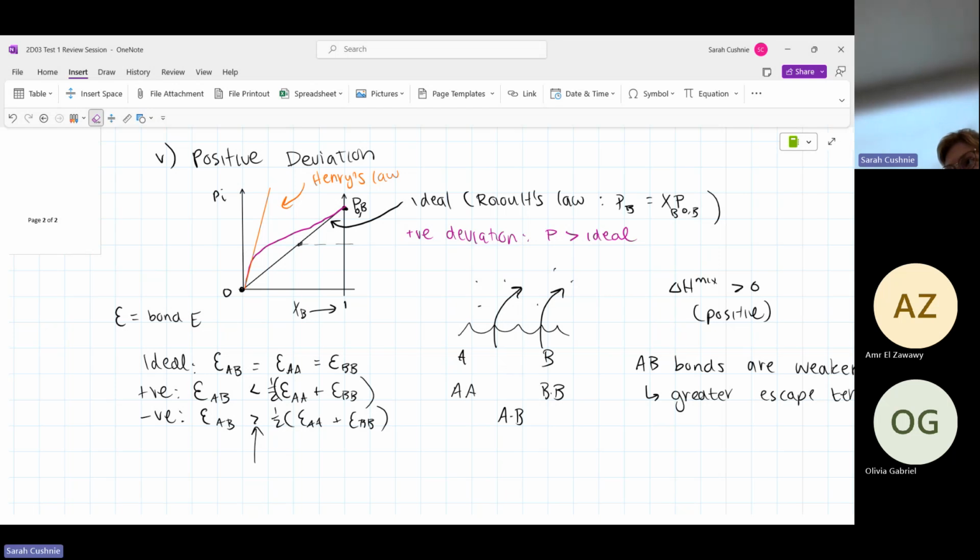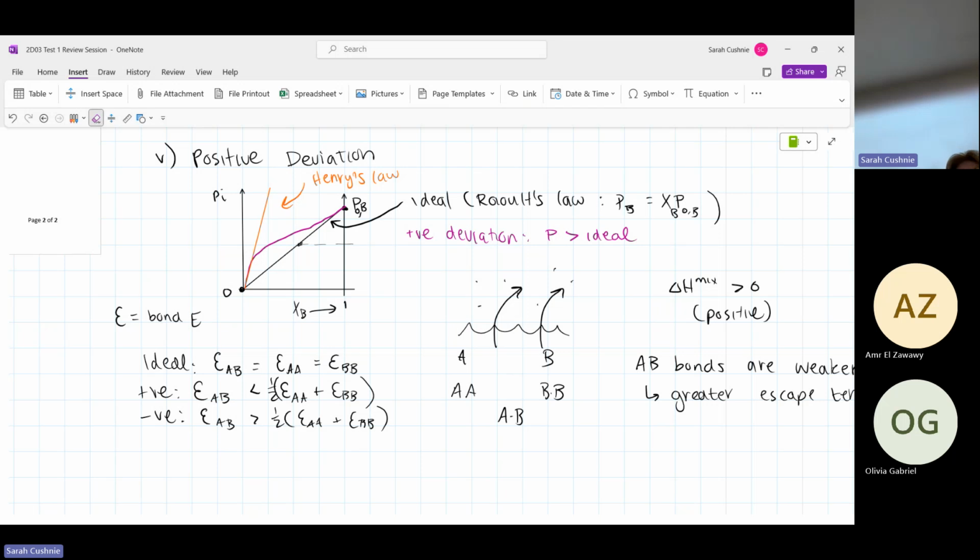And is that just how it's supposed to be? What do you mean? Like the bond energies are supposed to be smaller for AB? Well, it depends on the system. Essentially, it's not that they're smaller in AB because of the positive deviation. It's that the bonds are smaller in AB, so we get positive deviation. Oh, like it's weaker. It depends on the system and what the substituents A and B are.